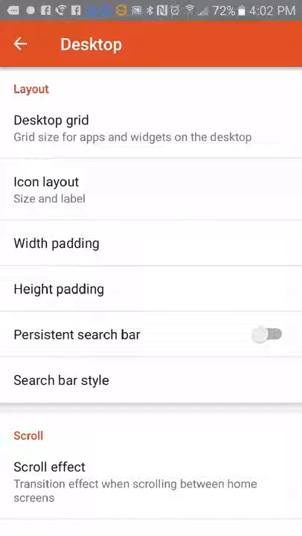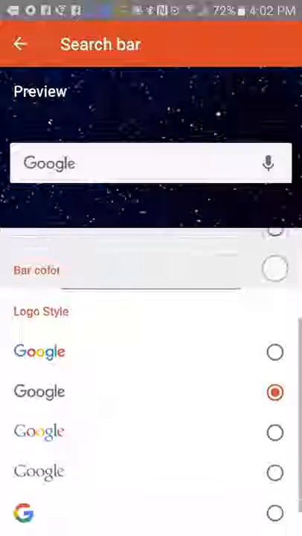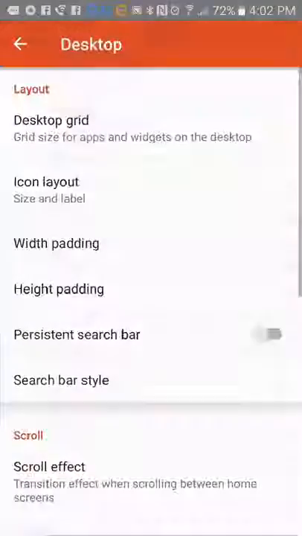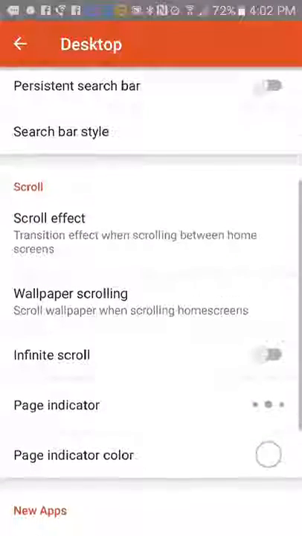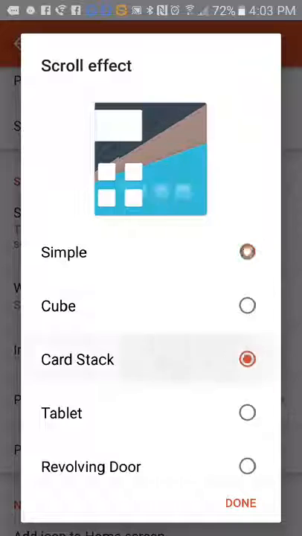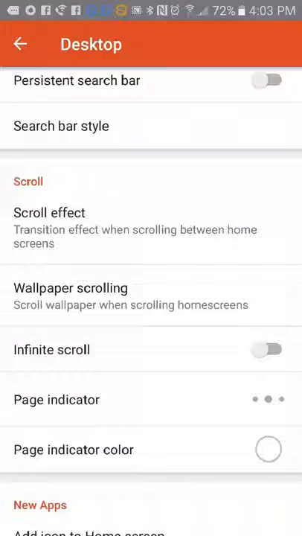Persistent search bar, you do not want that on, because that means the search bar is always on your screen, no matter what part of the home screen you're on. As you scroll through, it's going to be on there. For search bar style, if you want, you can change this. You really don't need to change that, but scroll effect is going to be simple. You can do card stack, you can do simple, but I'm going to do simple because that's the iOS